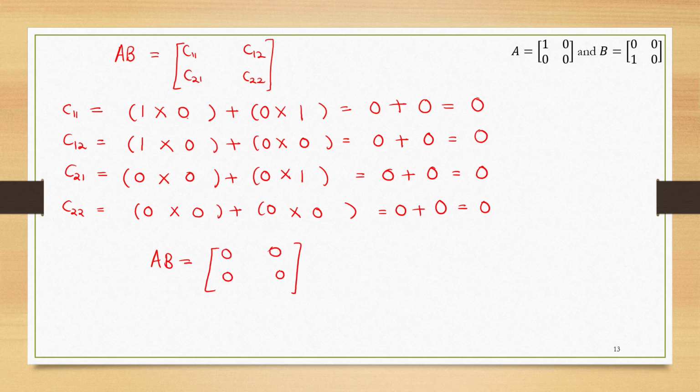This example gives us another very important observation. A is a non-zero matrix because it has one entry which is non-zero, this 1. And B is also a non-zero matrix, it also has a non-zero entry. But A multiplied by B is 0. When we worked with real numbers or integers, you must have observed that if the multiplication of two numbers is 0, at least one of them is 0. Here in matrix theory, it is not the same case. We can have a zero matrix by multiplying two non-zero matrices.